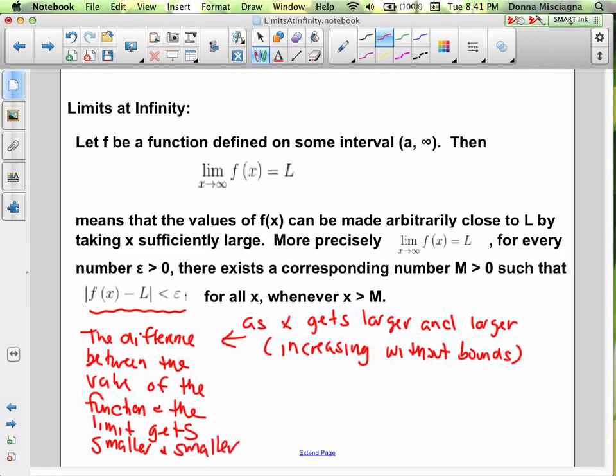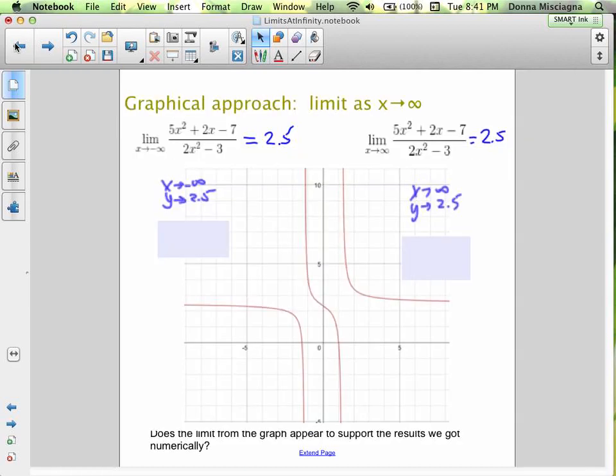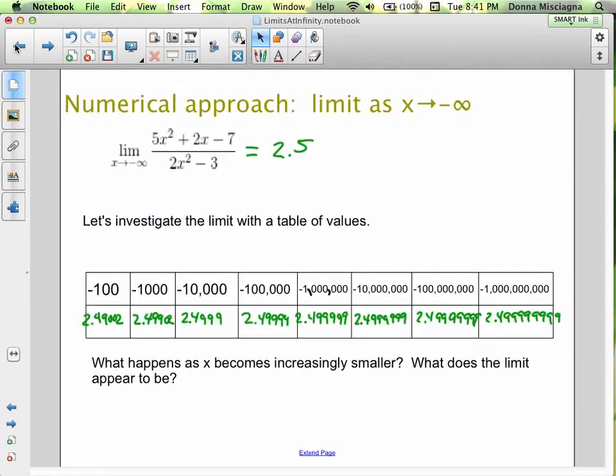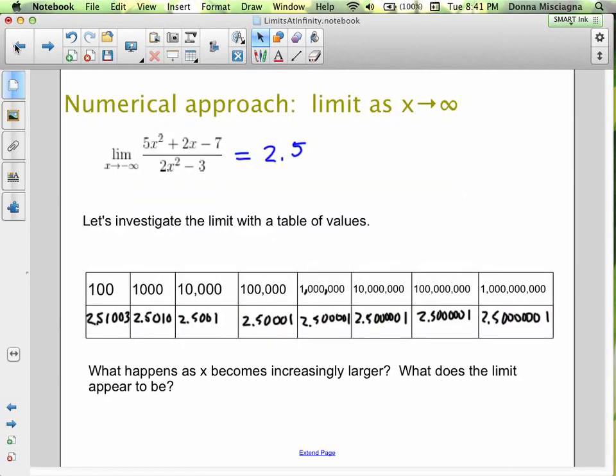If we look at the limit we just did. All right, so let's go back to this limit here, and I want to look at the graph. So we'll look at the positive. Notice as x is getting larger and larger, the difference between the limit and the value of the function gets smaller and smaller. Right? So if I'm only at 100, if I subtract,